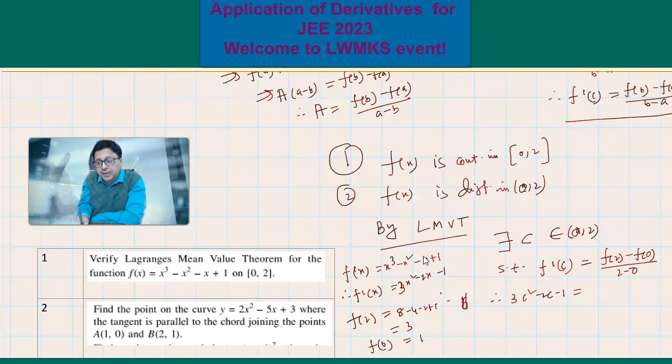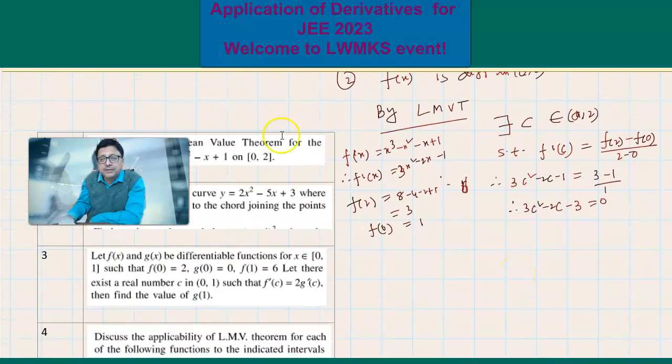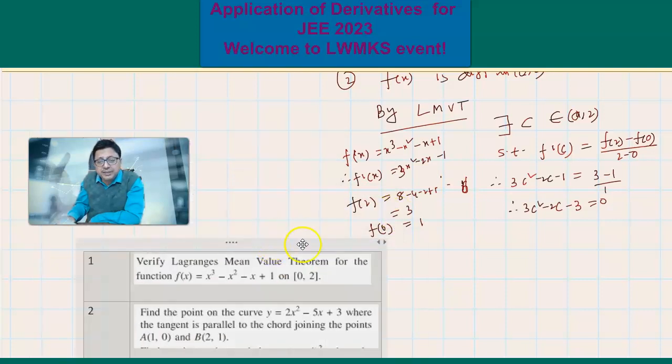f0 is going to be equal to 1. Just substitute there: 3 minus 1, divided by 2 minus 0, that is 1. Therefore, 3c square minus 2c minus 3 equal to 0, taking this to the left side. Now let us find the value of c by using the condition, by using that